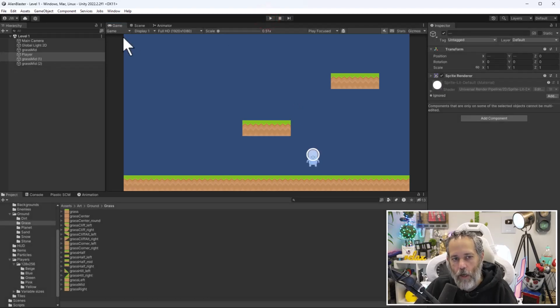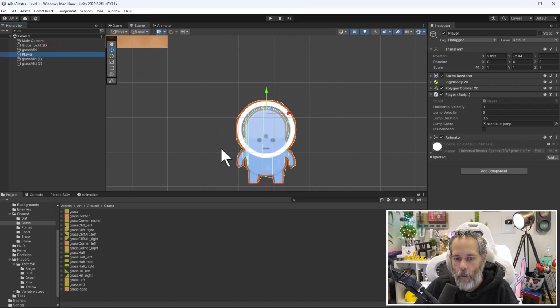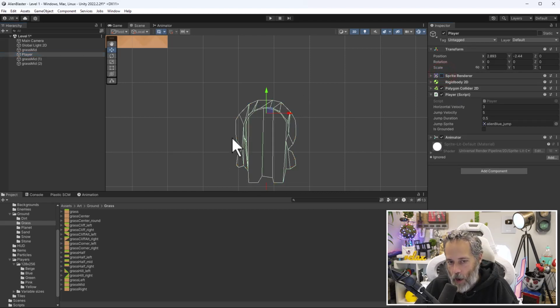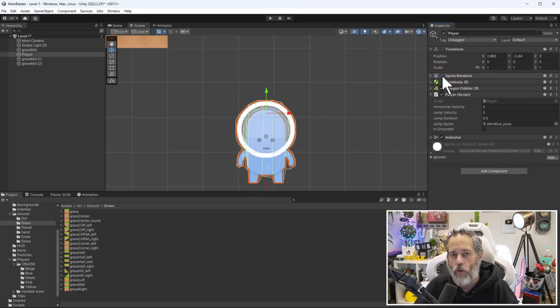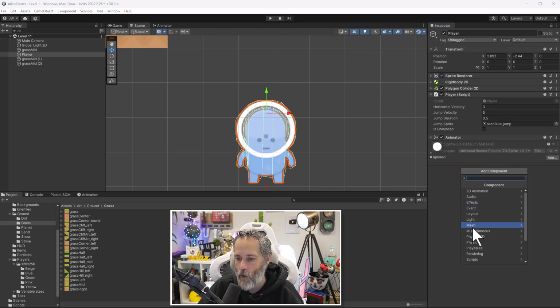The first thing that I want to do is go to the scene view, double click on the player to select them, and we're going to replace this polygon collider. The polygon collider will match up exactly with your sprite so that it lines up and outlines your exact sprite and gives you a very perfect collider, but that's not usually what we use with a player. Most of the time with a player, we want to use something a little bit smoother that moves quite a bit more fluidly. And in our case, in this specific scenario, we're going to want to go with a Capsule